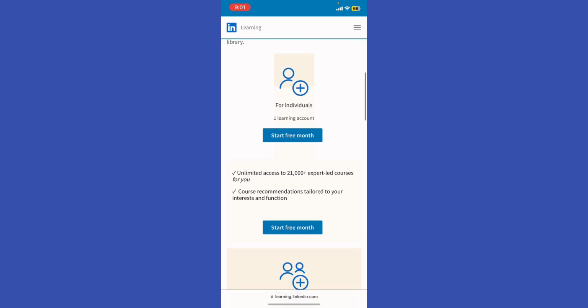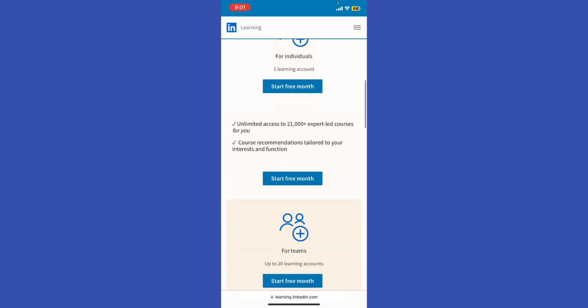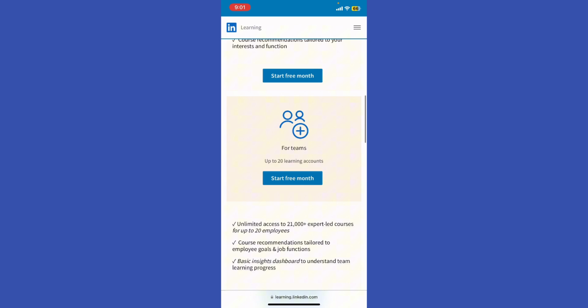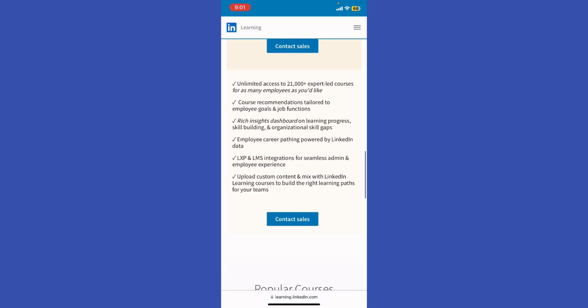And then you can pick your plan right here. You can select the one for individuals right here, or if you want for teams, right? And basically you're going to get unlimited access to 21,000 expert-led courses for as many employees as you'd like, and then course recommendations tailored to employee goals and job function, and then rich insights dashboard on learning progress, skill building, and